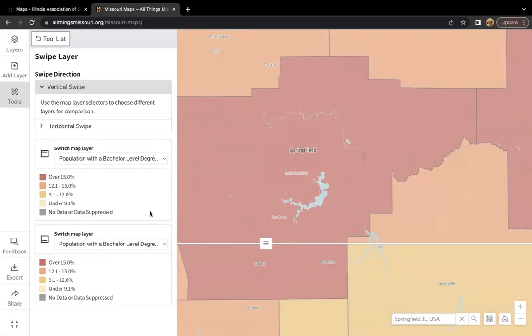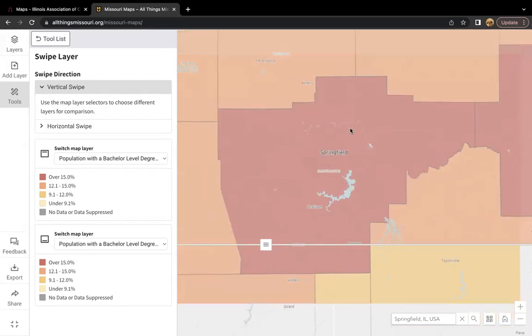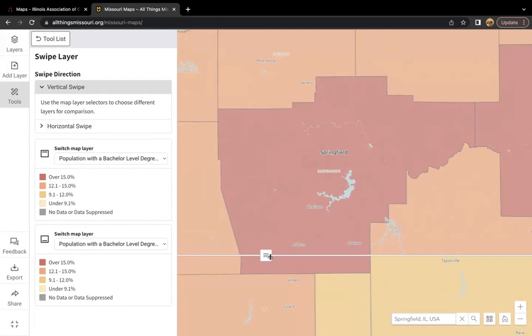And again, we can do this with any of these layers. We can do this with access to food. We can do this with medical behaviors. We can do this with housing, with poverty rates. All those data, they're a click away. And so we can say, you know, this is great. This got better. What changed? What did we do here? And what can we continue to do? What can we do in other areas that may need similar assistance that was done here? And so, like I said, this map room is an excellent research tool.